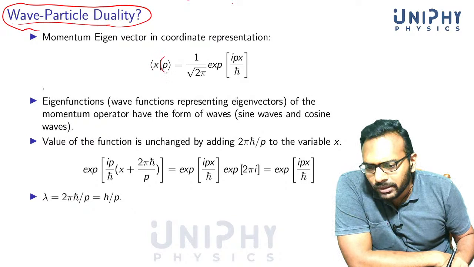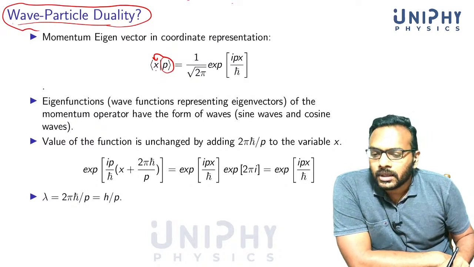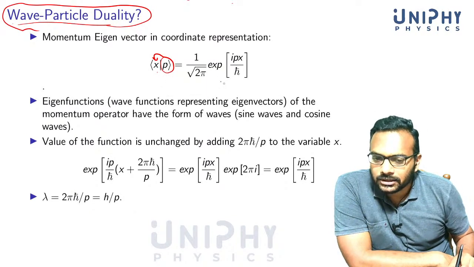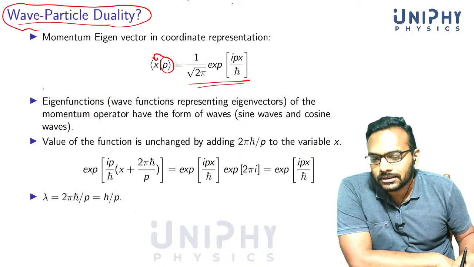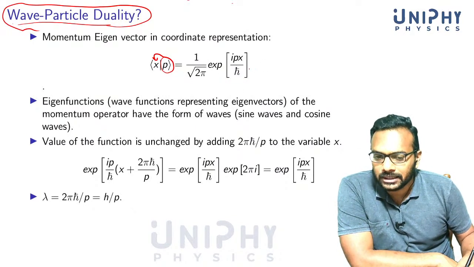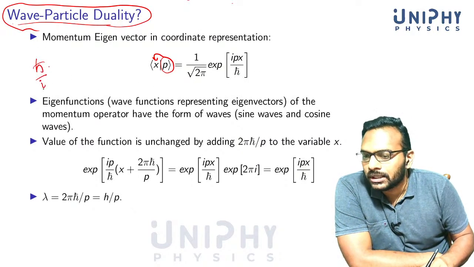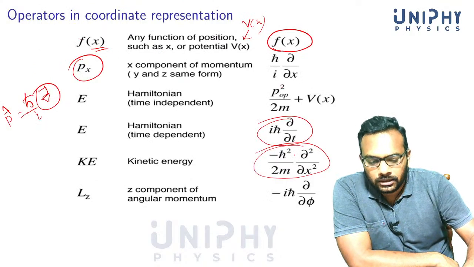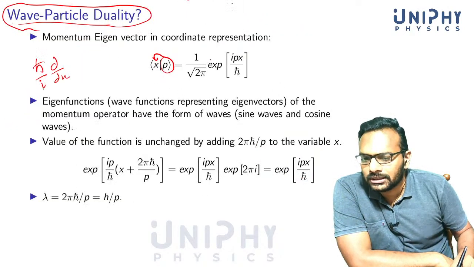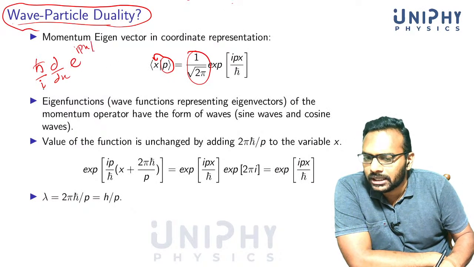If you take the momentum eigenvector and find the representation in the coordinate basis, this is what you will get. This is the momentum operator in position basis, the momentum eigenfunction in position basis. You can easily check this. You can see that this is an eigenfunction of the momentum operator. h cross by i, del by del x, acting on, this is the normalization factor, you can leave it, acting on e raised to i px by h cross.